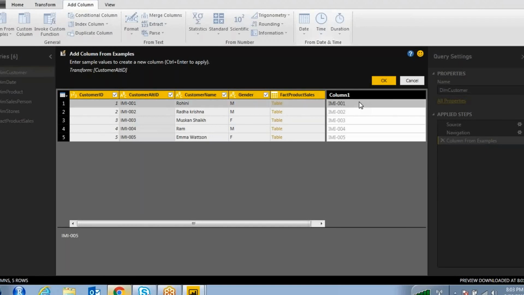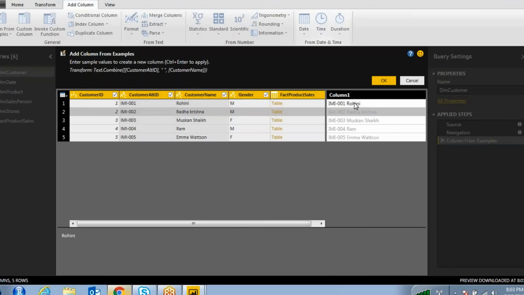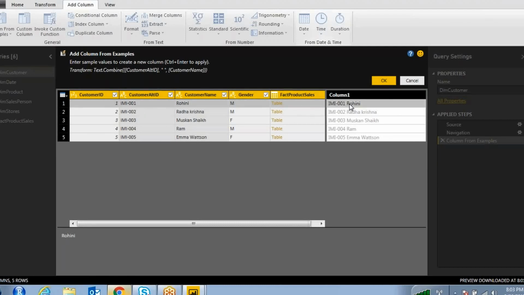Okay, and for example, I want to concatenate this customer alternate ID and customer name. How can you do that? You just type a space and then type Rohini. See, automatically it has taken the customer alternate ID and customer name.